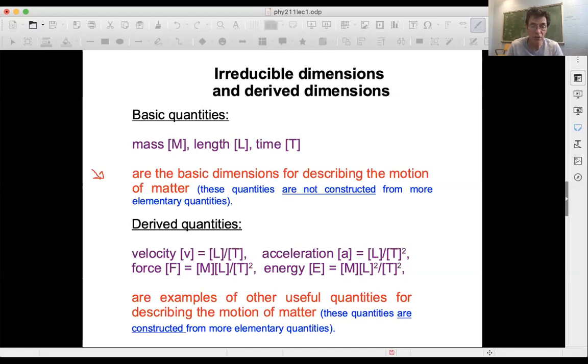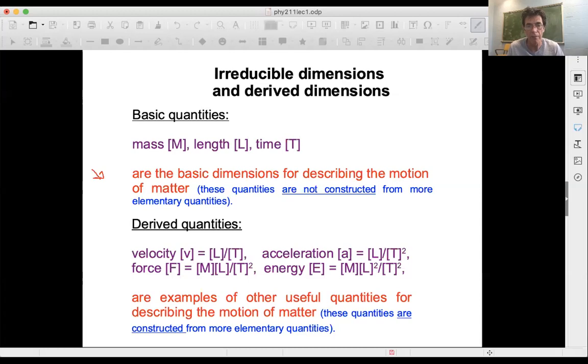Its dimensions involve the basic dimensions. So the dimensions of energy involve mass, length squared, and time divided by time squared. So again, like force, it's a rather complicated array of dimensions packed together to form energy. But it too will be a really important quantity in understanding the motion of matter through